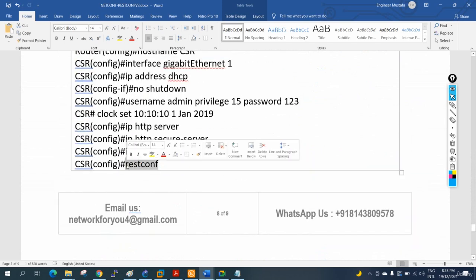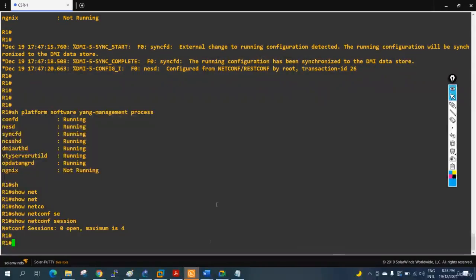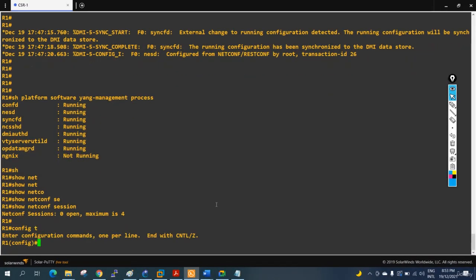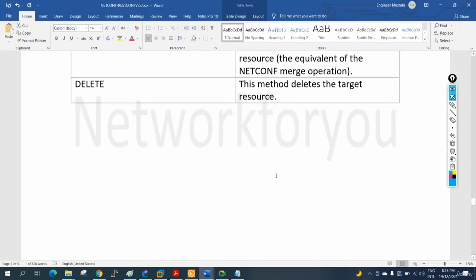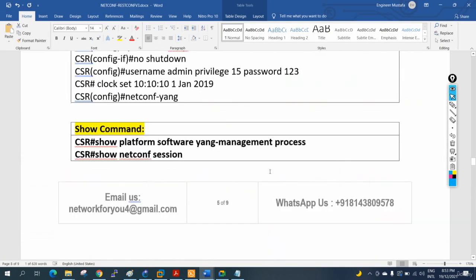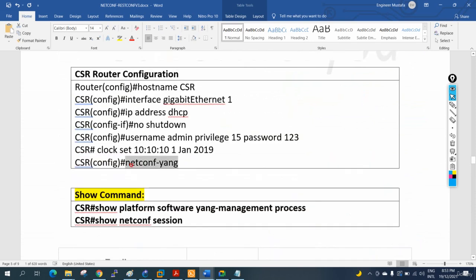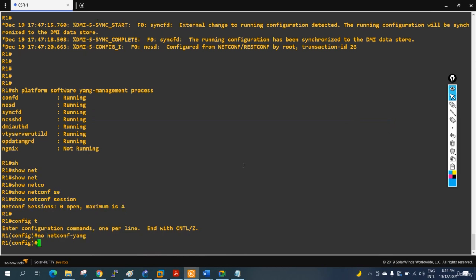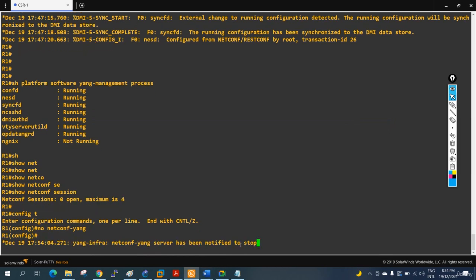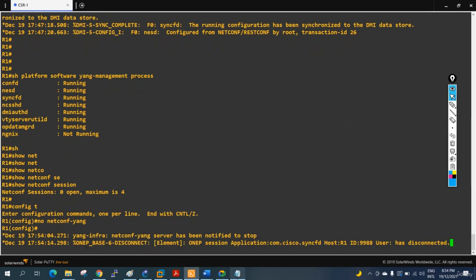So if I copy this, let me go here. First of all I will remove that one, because it will consume a lot of RAM. Whatever protocol we enabled before, I will disable. This one is the NETCONF protocol, so I will disable it. I will write no netconf-yang, so this will be disabled. Because I am disabling, it will stop these services, all the NETCONF services. It will take some time to stop, and then we will again